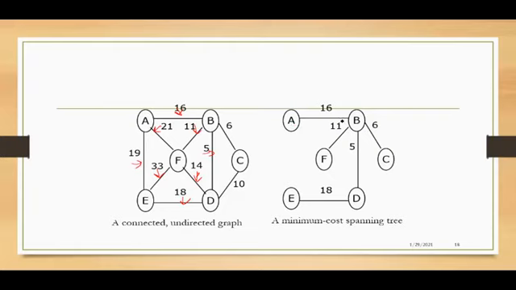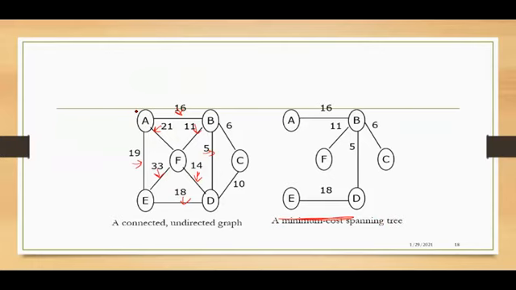So from A to B, I'm selecting first and foremost, if I select the most minimum, it is 5, so I'll select BD. Then to this BD, I'll add BF maybe. So you keep on adding the edges in such a way that the minimum cost is produced for your spanning tree. Now to study how we got this minimum cost spanning tree, we will study it further.